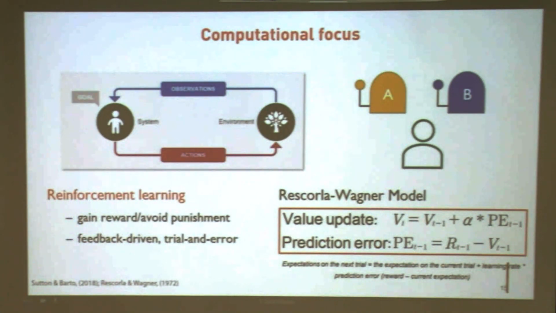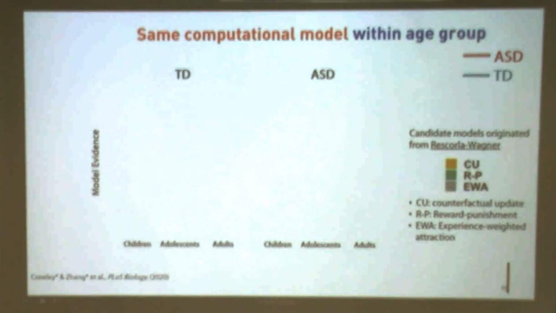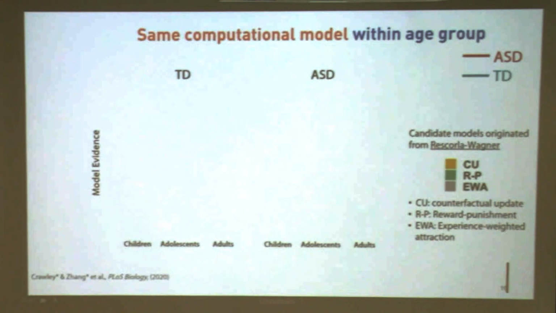Okay, cool. So this is the central idea, and we are using that to model the behavior in our study. We used that one, and also we had a few variants of that same model. So we add one more parameter to some part and one other parameter to some other part. I'm saying this very vaguely because it will require a lot more explanation, so I'll skip that. In the end, we have 3 variants of the model derived from the one from the previous slides. And we want to see which of the models is the best one within each age group, and also within each clinical group. So we have here the TD and ASD, and here the age groups.